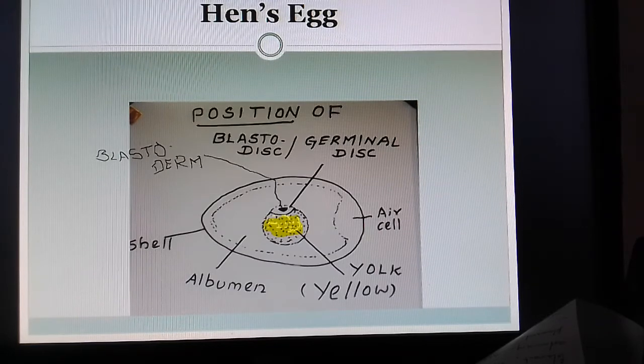So I just want you to know the position of the nucleus, because there may be a general idea that the yellow yolk is the nucleus. That's not the case here. The surface of the yellow yolk is having a specific region for the cleavage process to form into blastoderm.